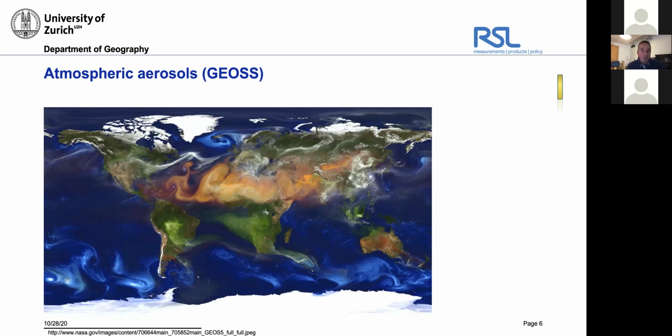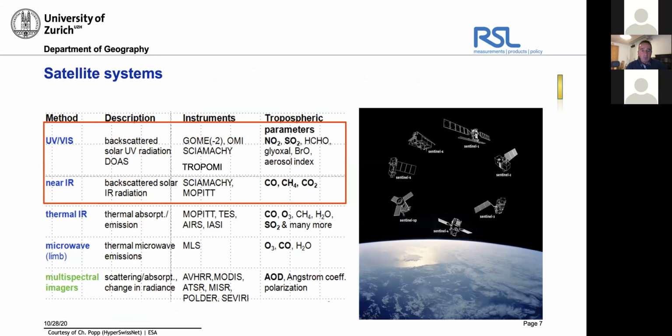This is from a GEOS project. And if you look at the satellite systems available, there are various systems specifically for trace gases and some of them for aerosols as well. In Europe, there were the OMI and SCIAMACHY sensors, which were able to measure some gases at very high quality, using the UV-Vis